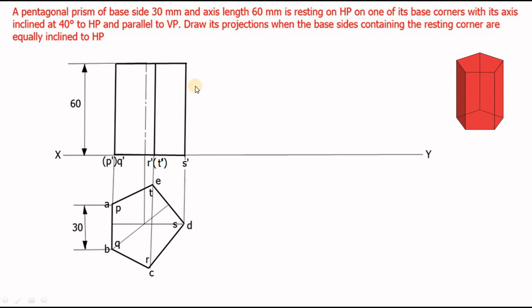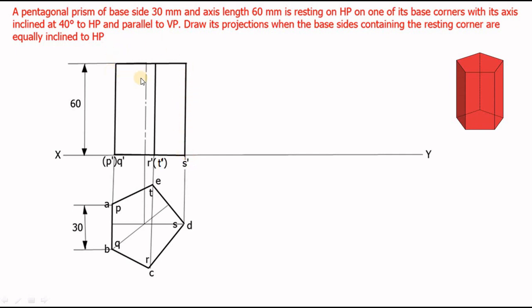Clear? Then let us move to the final position, that is the second position. The axis is inclined 40 degrees to HP. In a prism, the axis will be parallel to the longer edge. Clear? I have already said the axis is an imaginary line that connects the center of the top face and the base. If you draw a straight line, this line will be parallel to all the longer edges. These are all the longer edges and this is the axis line. This axis line and these longer edges are parallel to each other. So in that concept, I am going to tilt this particular longer edge.